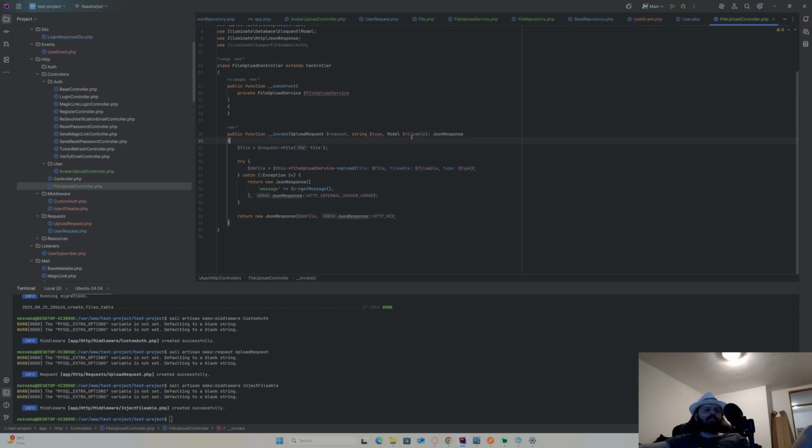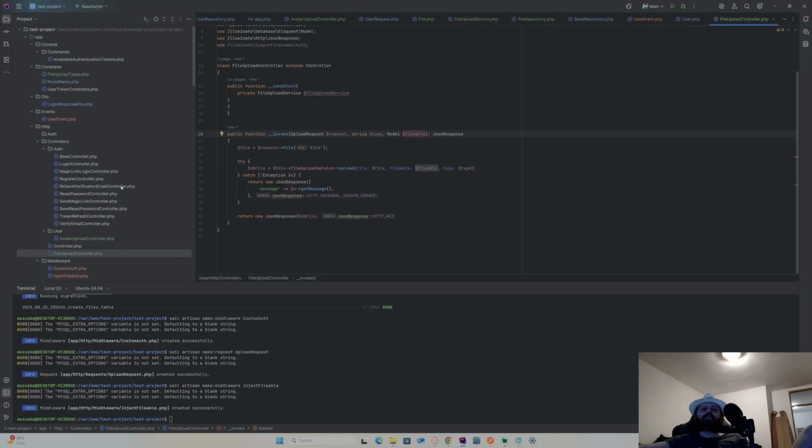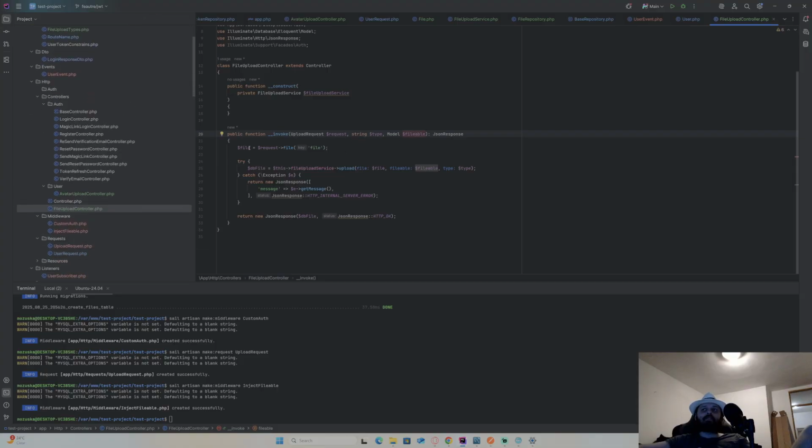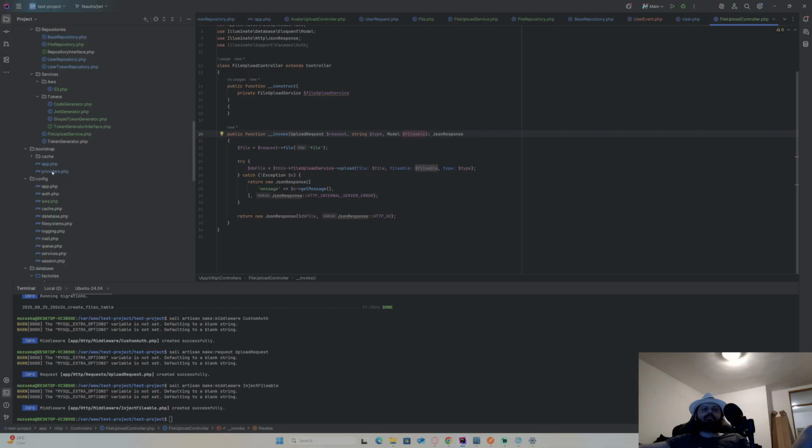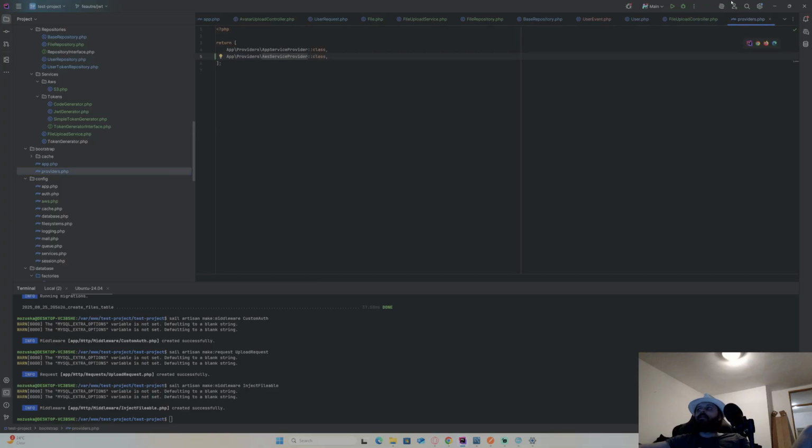And in the same way, I need to inject this fileable here. Okay, so let me just check. There should be some kind of middleware that is default by Laravel that resolves this. So let me just go into providers, not providers again.